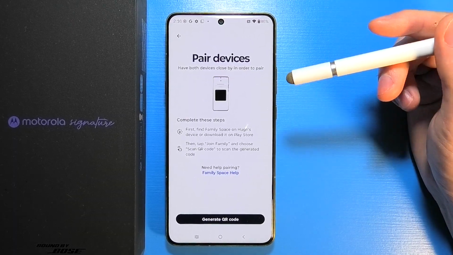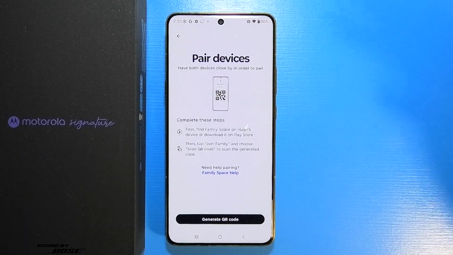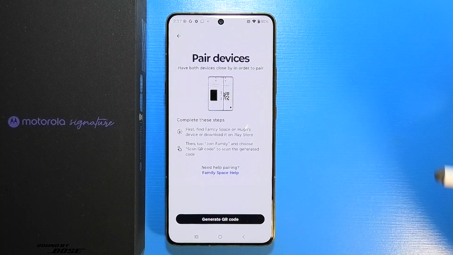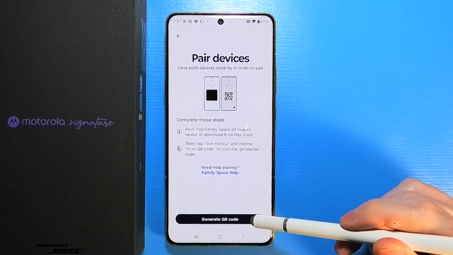and that way if you want to join this family on the other device of your child, you can click on Join in the Family Space app, then select the QR code and scan the QR code that will show